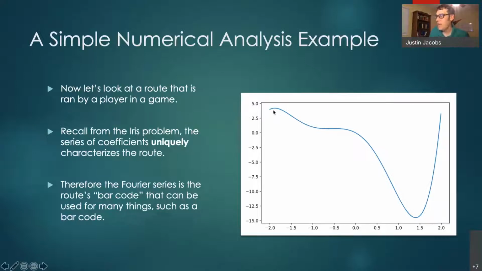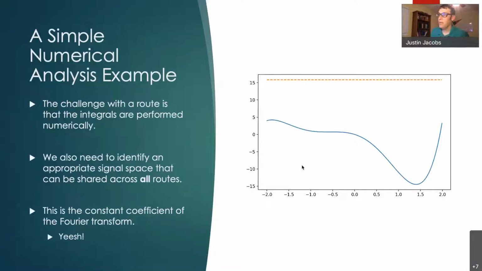With this path, we can now represent the downfield location as the x-axis, and the cross field is going to be the y-axis. We want to be able to characterize this route, because we're going to think of that iris problem. We want to build a barcode for it, and then we can use that barcode to do whatever statistics we want to do. So what I'll do is compute the first integral,